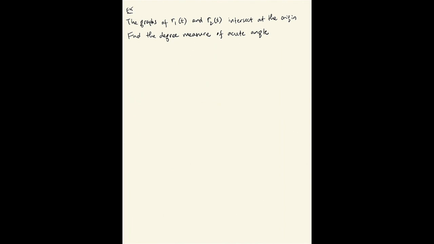So finding the angle between the tangent lines to the graph of R1 and R2 at the origin. So R1 is tangent in first t,